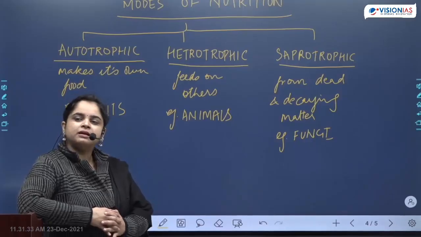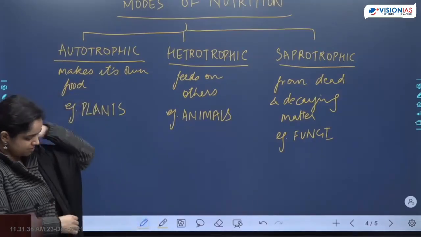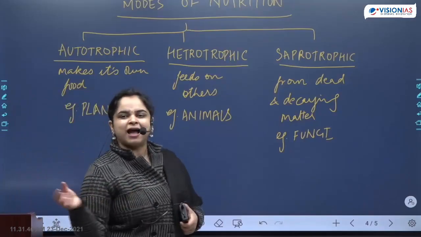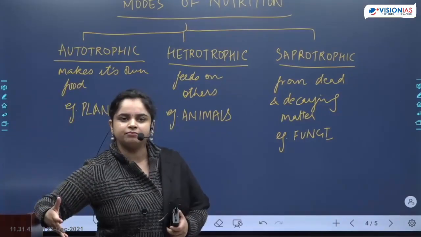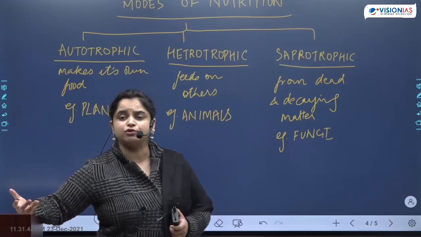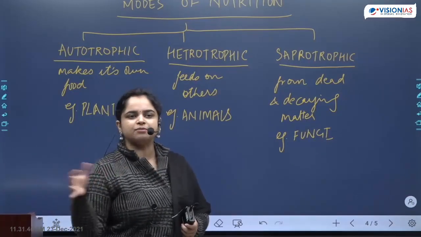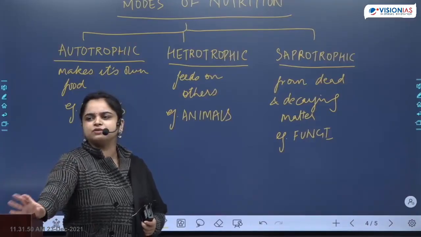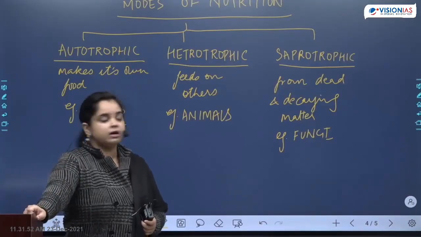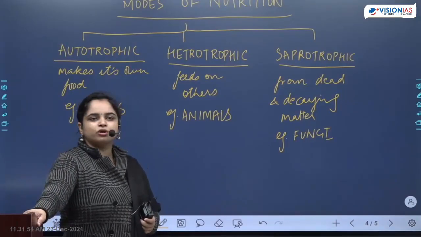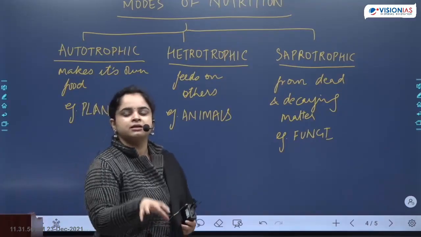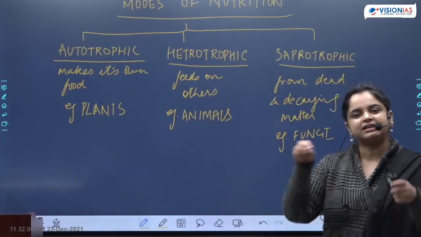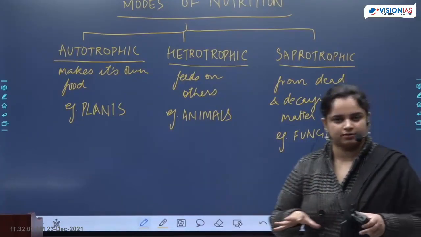So what will fungi, for example, being saprotrophic, what will they do? They will have something like enzymes which are supposed to break down your food. So your body, what happens is you take the food inside, then your stomach will produce some enzymes, you will start breaking down food. For the fungi, what they do is they feed on that dead and decaying matter in a way that they release enzymes onto that.